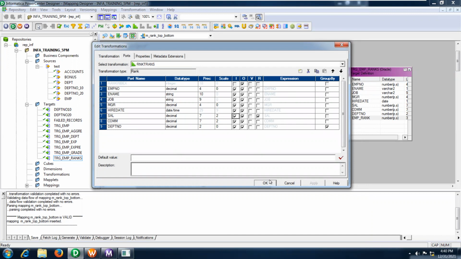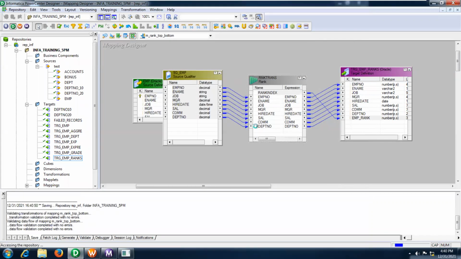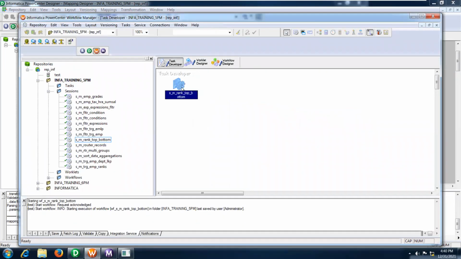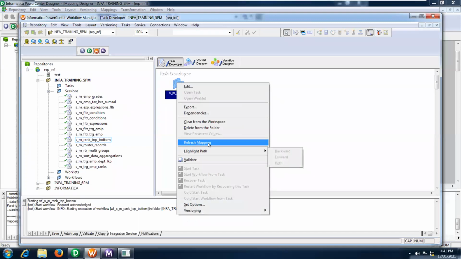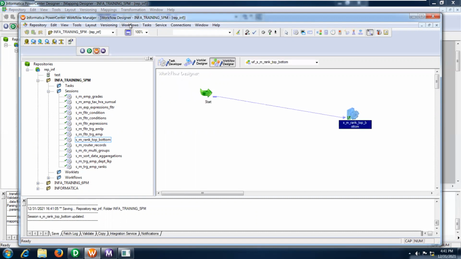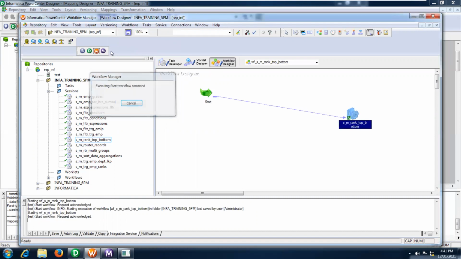Okay, click apply, click OK, Control S. Once you are done with any changes at mapping level, you can go and refresh your session to capture the changed functionality. Okay, now you can start the workflow.